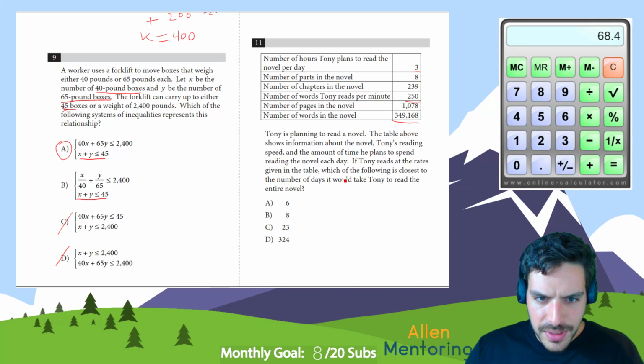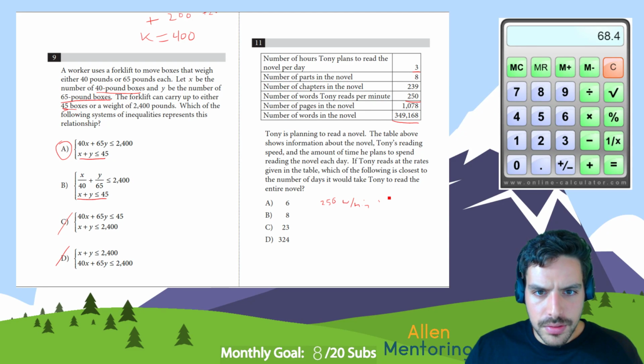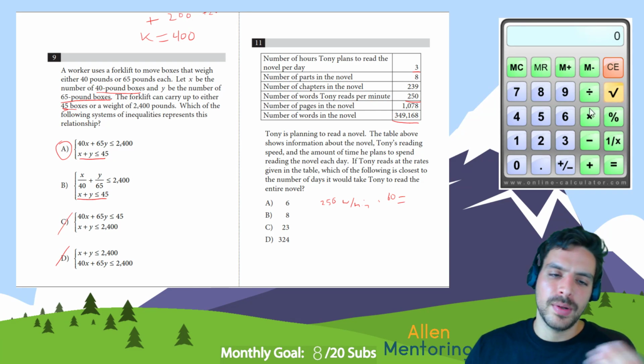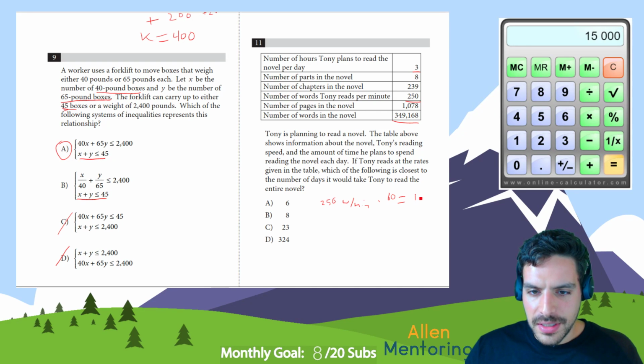So how many days would it take for Tony to read the entire novel? Okay, so he reads 250 words per minute. And so how many does he read per hour? Because we know how many hours he reads per day. So per hour, he reads 250 times 60, right? Because if it's 250 per minute, there are 60 minutes in an hour. So 250 times 60 will be 15,000